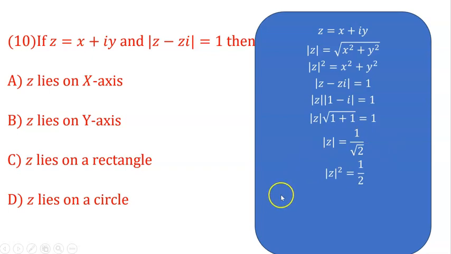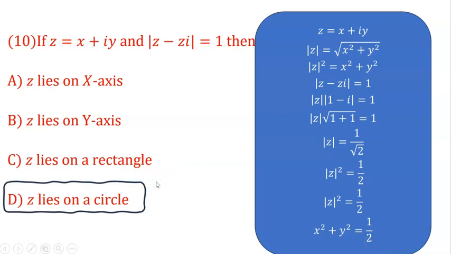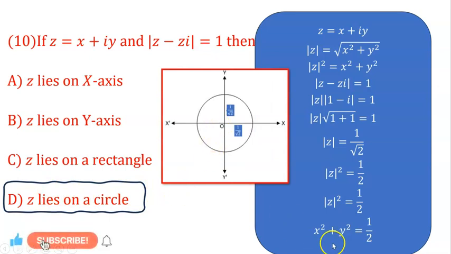Now squaring both sides, we get mod z squared equals 1 upon 2. But mod z squared is x squared plus y squared, and hence x squared plus y squared equals 1 upon 2. This is nothing but the standard equation of a circle, that is, z lies on a circle whose center is the origin. It's a standard equation, and hence option D is